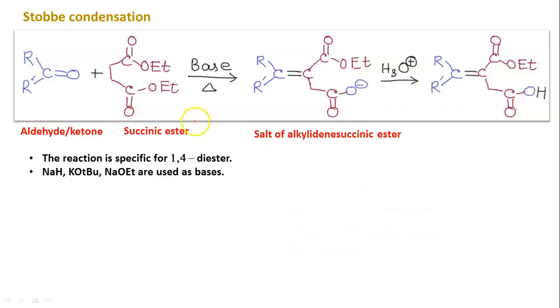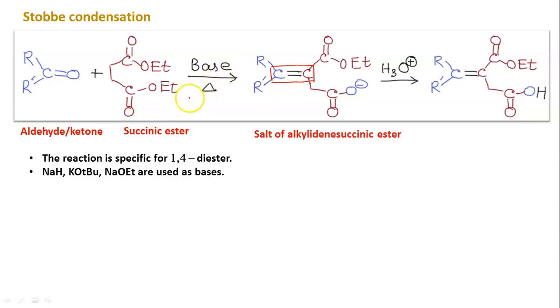It is also known as Stobbe condensation. Now condensation means when from two small molecules we are getting a large molecule by the removal of a small molecule. Mostly it is water. So here also removal of water is taking place, and as a result we are getting a CC double bond. So in this reaction we are getting CC bond formation,